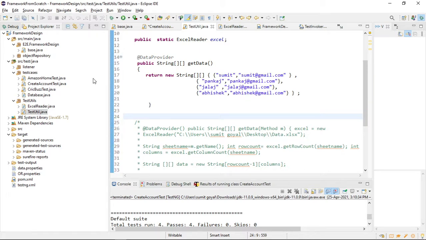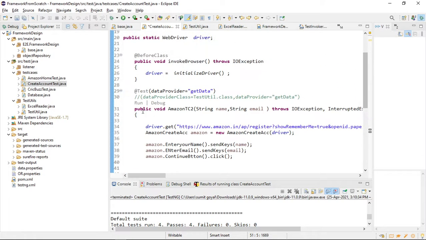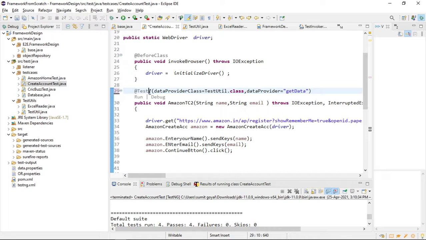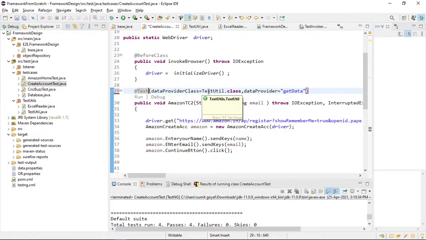But now how will this test case recognize that we have to use the data provider? For that, you have to write this line instead of this one. It says that the data provider class is this one, because inside this test util class we have the data provider.